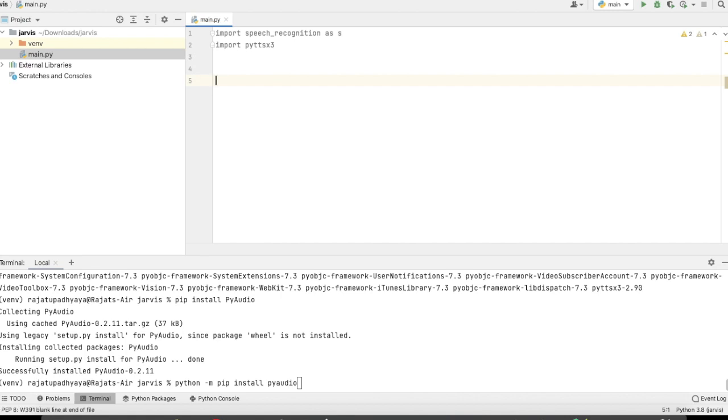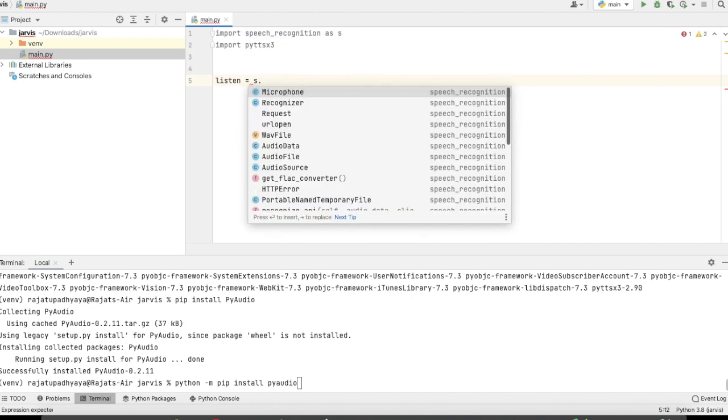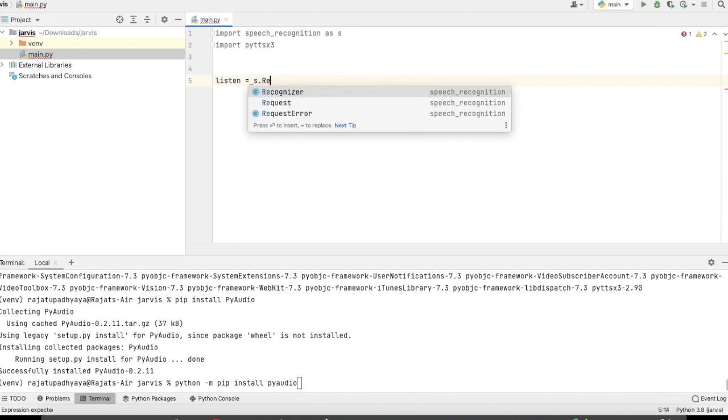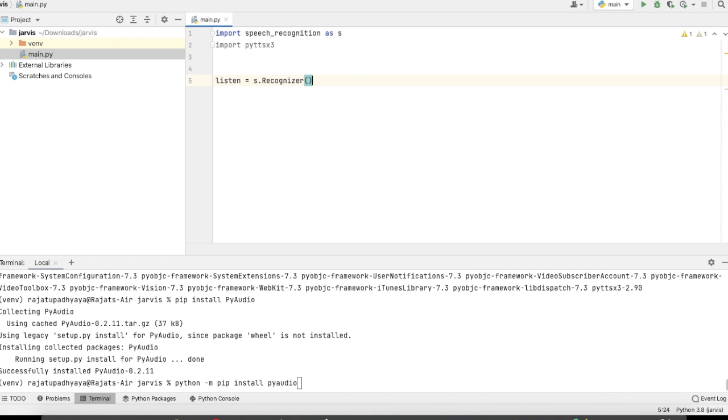First we have to call the recognizer, which will recognize our voice. So here I am creating one variable, listener, equal to S dot Recognizer. That is done.